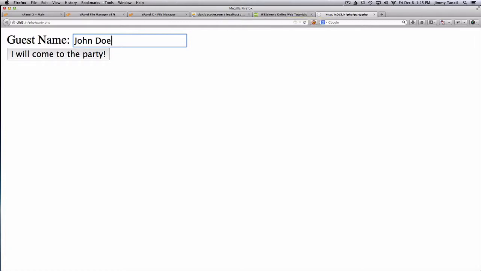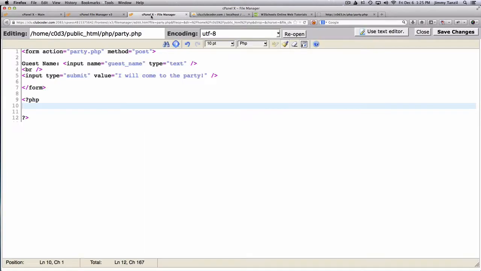So let's go back to our code manager or file manager. This is the variable. How you declare a variable is you start with a $ sign. A $ sign means this is a variable or a bucket, so to speak. So $guest name, okay,